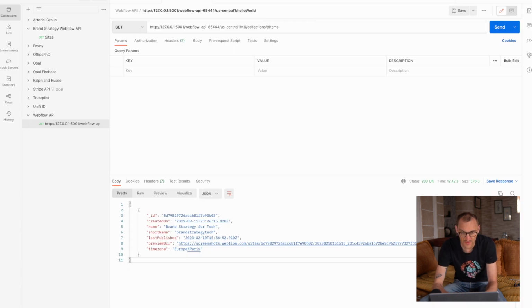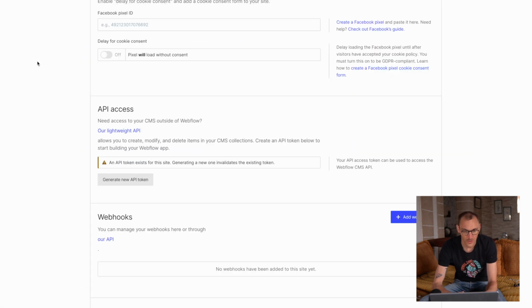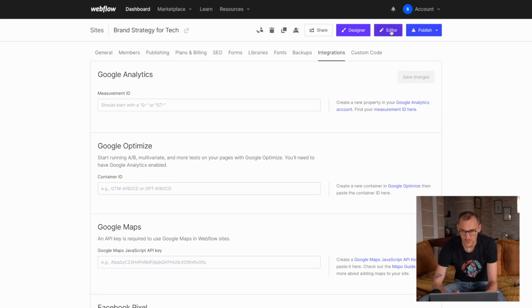items. Now we need to set this up to a collection ID. So where do we get the collection ID from? Well, if we go into Webflow, and I've just realized that I need to upgrade our plan once again to